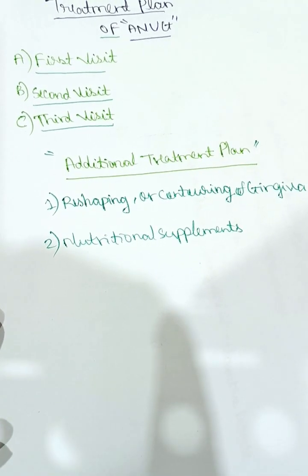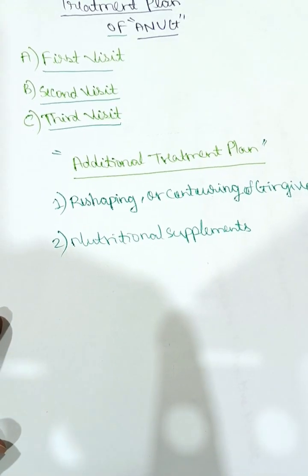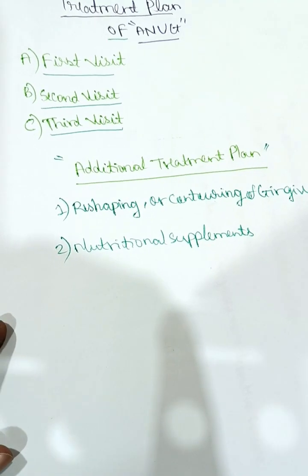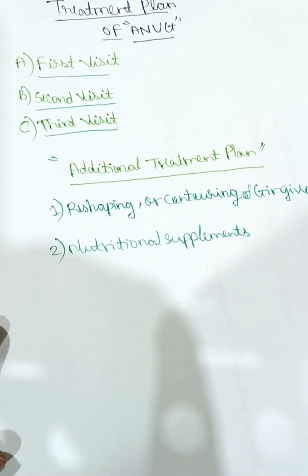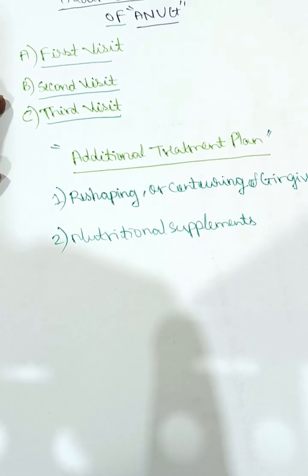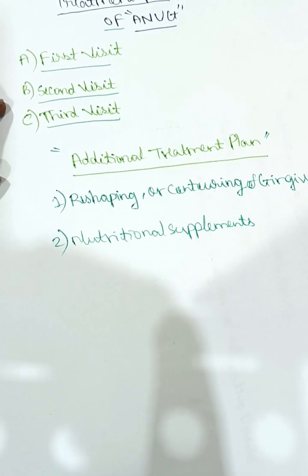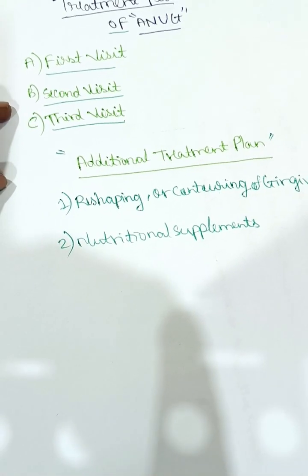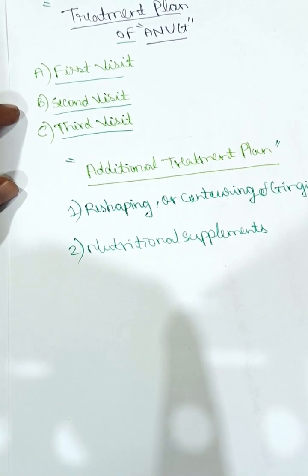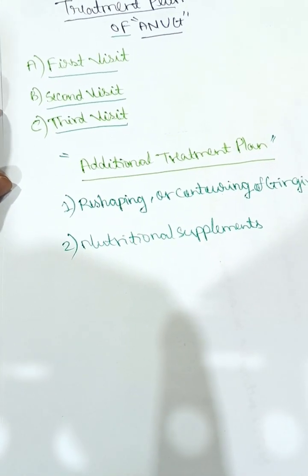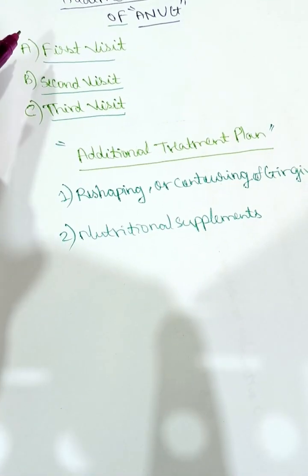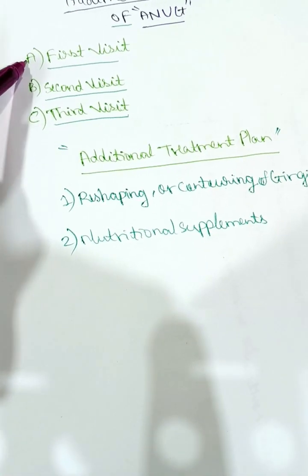Generally supragingival scaling is advised, but we need to avoid subgingival scaling and curettage, as it may lead to bacteremia. In the first visit we can also prescribe antibiotics to prevent further infection, generally amoxicillin 500 mg every 6 hourly. If the patient is allergic to amoxicillin, we can give erythromycin, the same dose, 500 mg every 6 hourly. Otherwise, metronidazole can be given 500 mg twice daily for 1 week. We can also prescribe NSAIDs, non-steroidal anti-inflammatory drugs. So all this is done in the first visit.